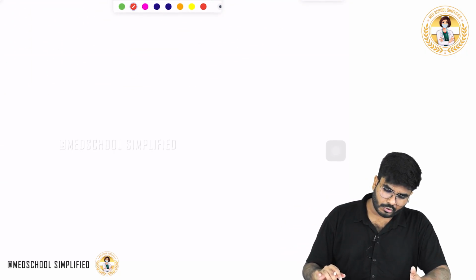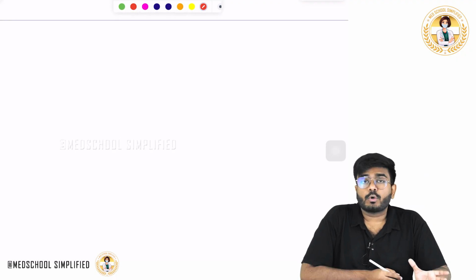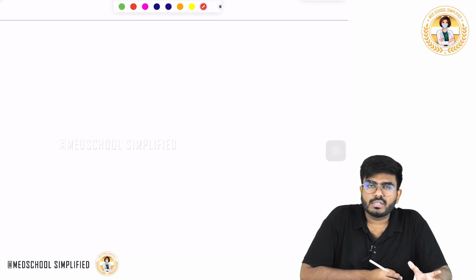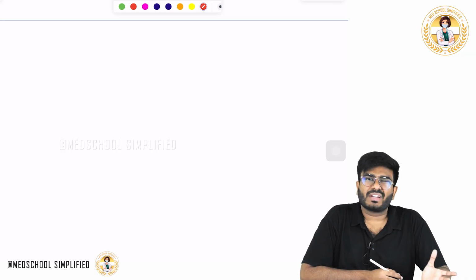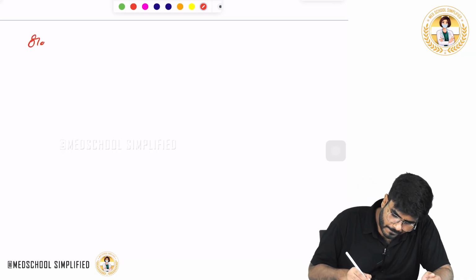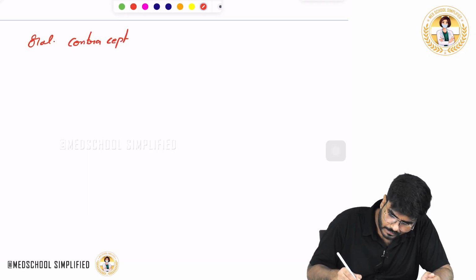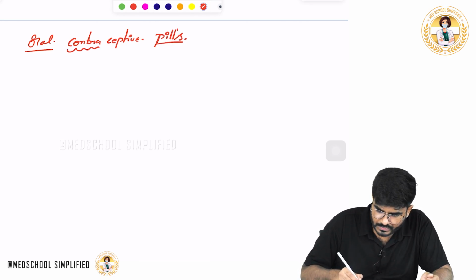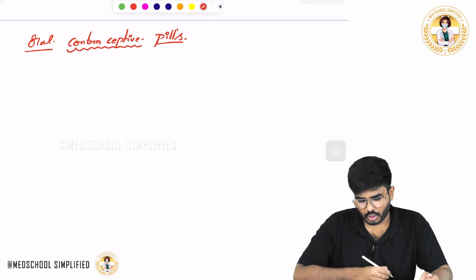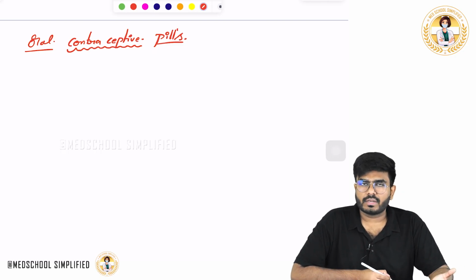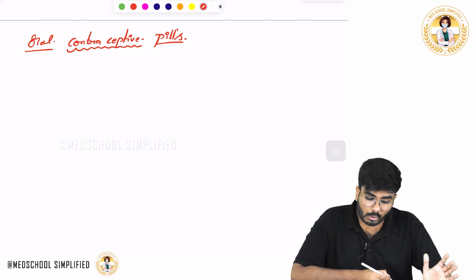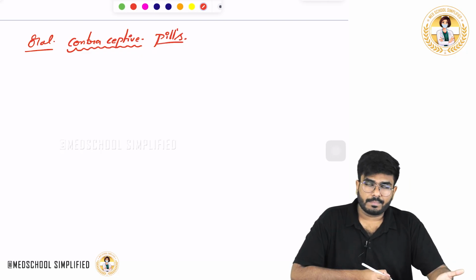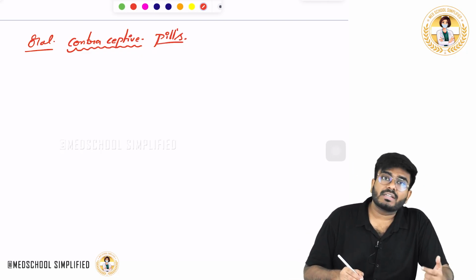Next, what else should you know? We have to discuss some important oral contraceptive pills, what is their mechanism of action, how they are going to be helpful, and what are the different types. Okay. First, oral contraceptive pills. The name itself says that the female is taking them orally, and they are helping in contraception. Contraception means the female doesn't want to have any pregnancy. So, how are these pills going to prevent the pregnancy? We'll discuss. So, what do oral contraceptive pills contain?